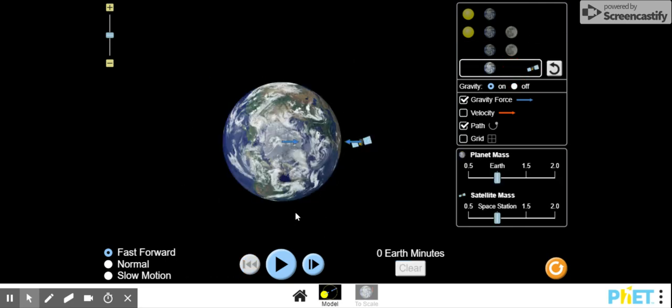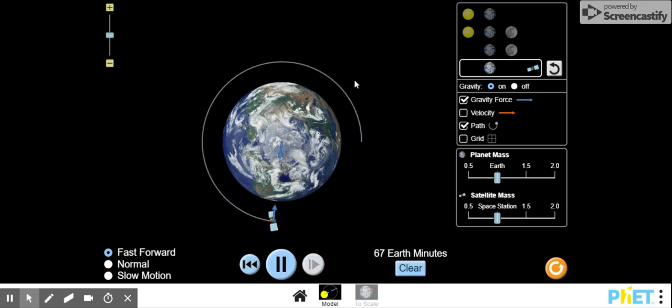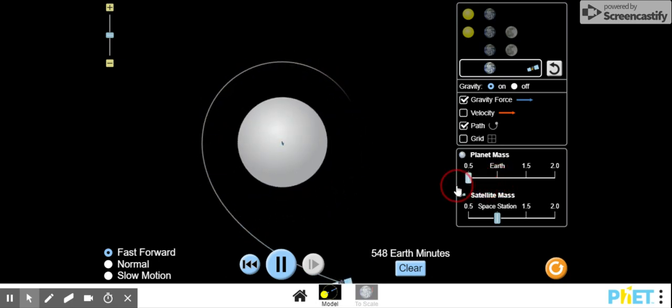And this is a more useful tool here, showing the orbit of a satellite around the Earth. And so you can even ask students, is that satellite pulling at all on the Earth? And it is. It's pulling a little bit. But this would be a good assessment. You could ask the students what would happen. This isn't something you can really do in a lab. If the Earth was smaller, how would that affect the